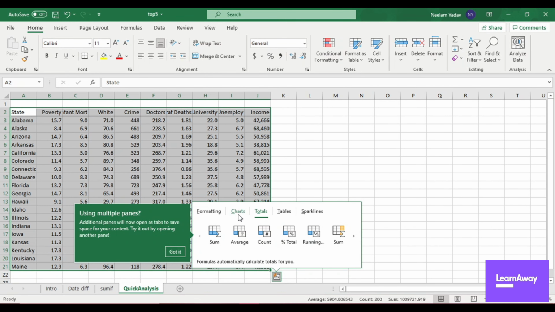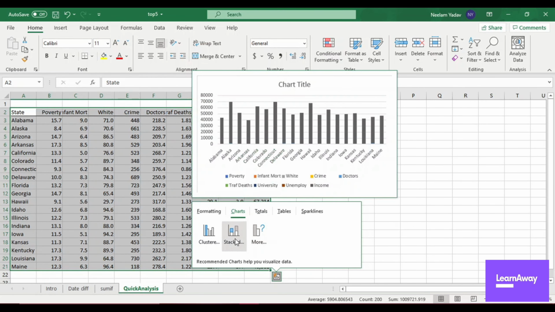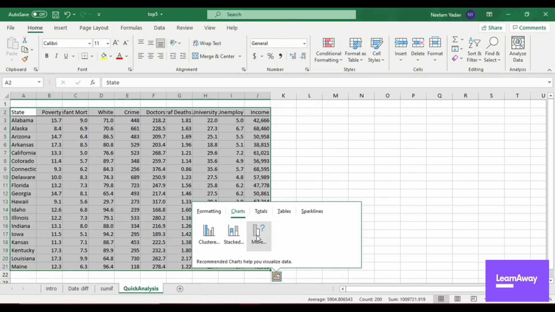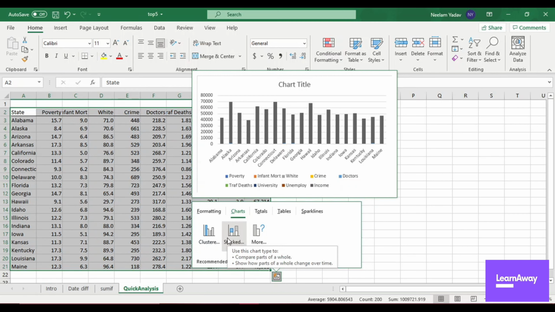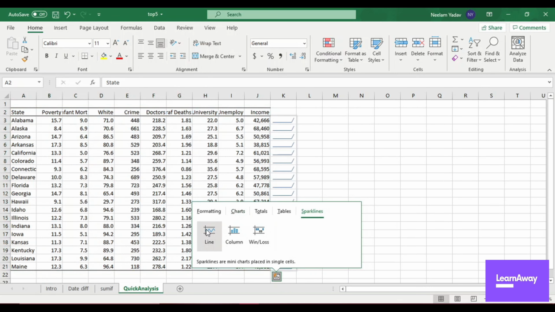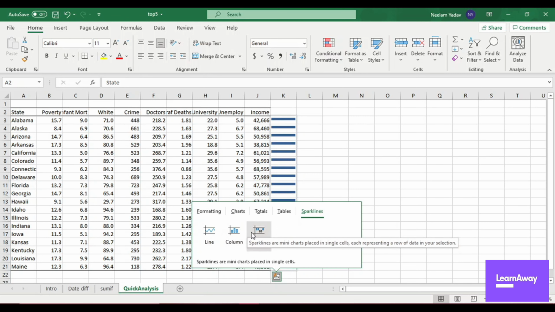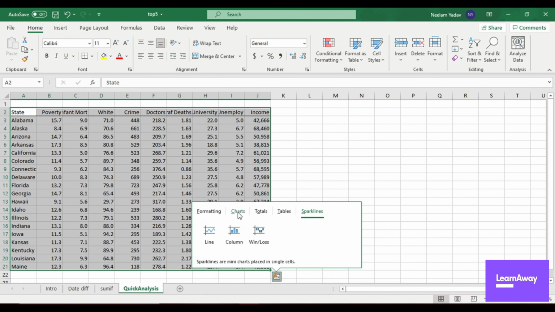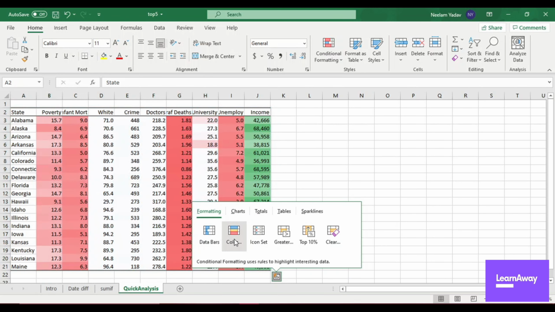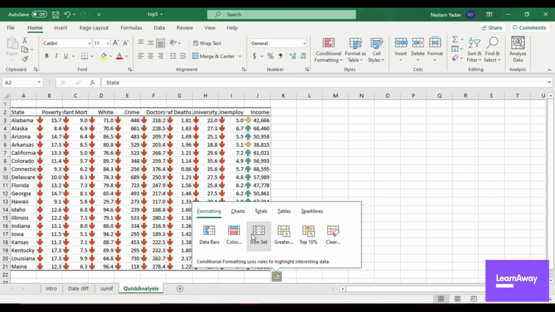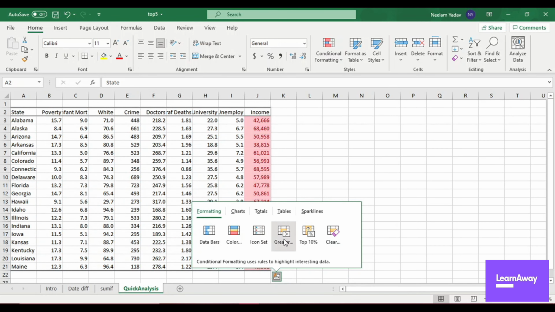This amazing thing is this charts function. So it will directly help you build appropriate charts for this. And if you want more, you can use that as well. Then there is spark lines, where you'll get line graphs and spark lines for each of the. So if you want to mention that in your charts, that can be done. Isn't it amazing, guys? These things you'll have to hard code. You'll have to find functions and then do it. But here with quick analysis, you can directly have it from here.